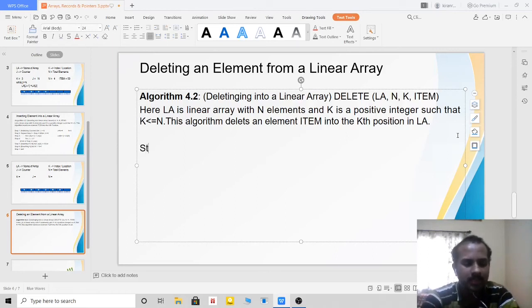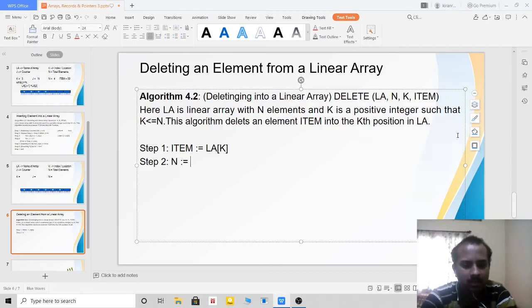Now let me write the algorithm. Step 1. What I have to do? I'll make item equal to LA of k. Then what I have to do? I have to just decrement the element. So step 2: n, that is the number of elements, got decremented.